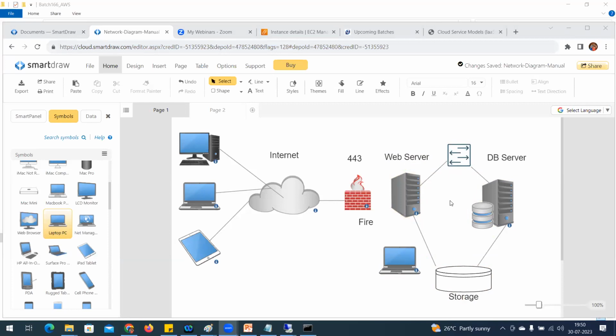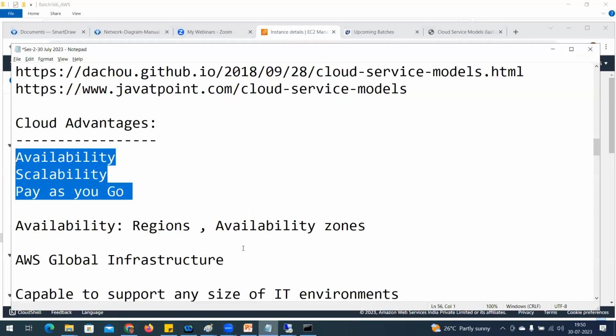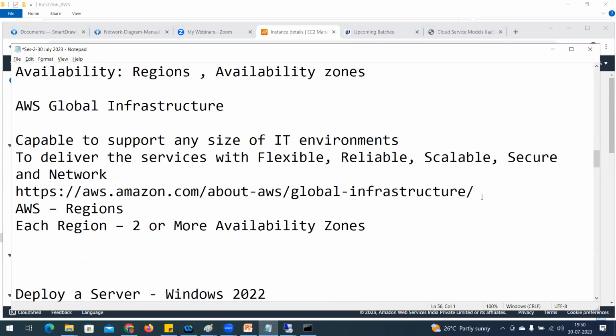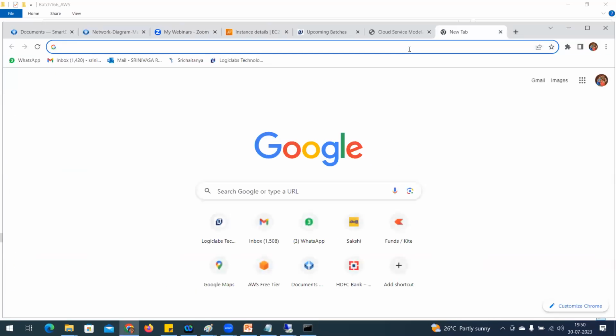That's where the cloud is going to provide availability. Whatever instance you create, whatever service you opt for, this is how they are going to provide availability. What is availability? Availability is nothing but that from any place, anywhere, you should be in a position to access that application round the clock. Okay. How is AWS going to work for availability? It is going to provide this global infrastructure. How are these zones going to create availability, regions?